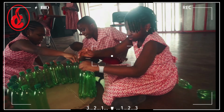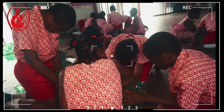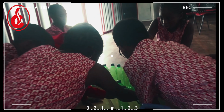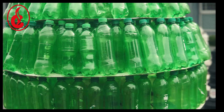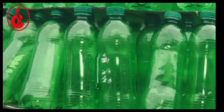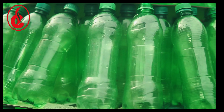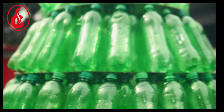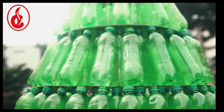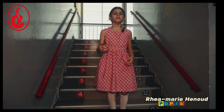By repurposing PET bottles and cartons, we learn the valuable principles of responsible consumption and production. Furthermore, this project serves as a practical lesson in sustainability. It teaches us that with a little imagination and effort, we can contribute to a cleaner and more eco-friendly world. It's an enjoyable way to grasp the concept that our actions can make a positive difference in reducing waste